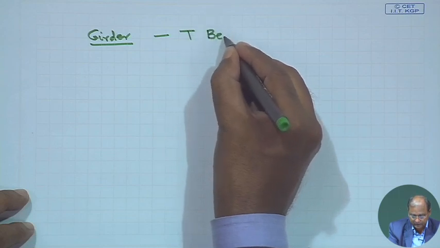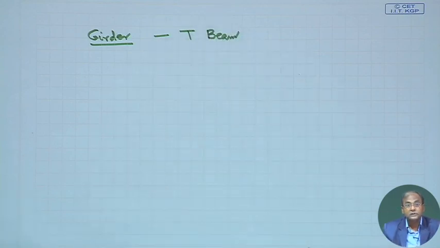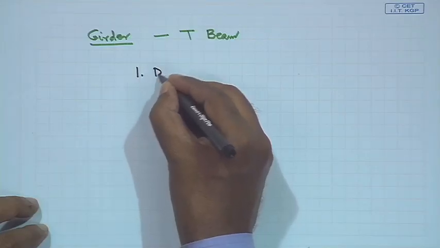The question here is that it has its own self weight, no doubt about it, and then whatever loads are coming, you can consider. Now, how shall we go ahead, how shall we distribute the load? We have the deck,